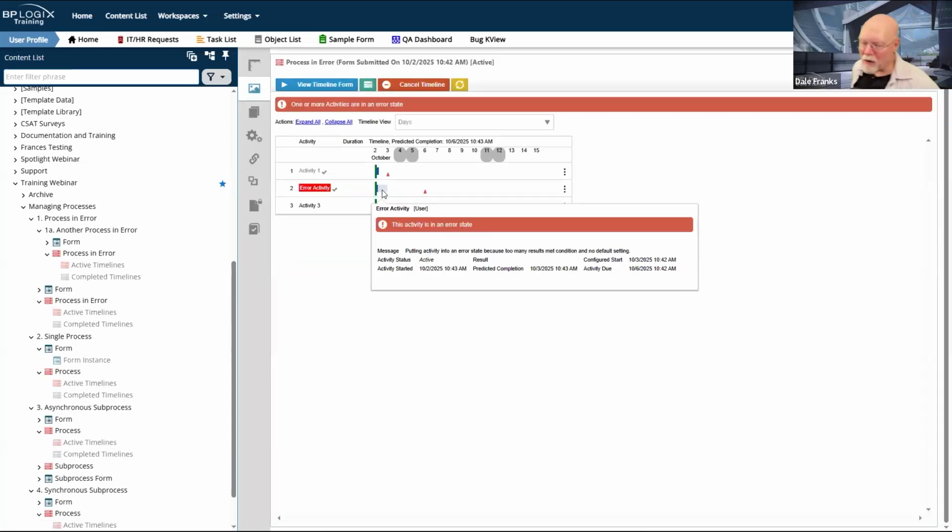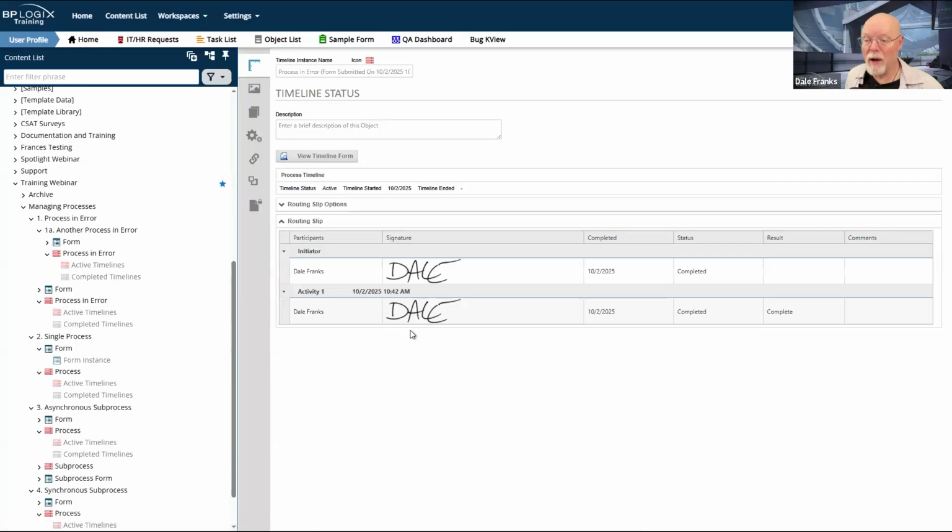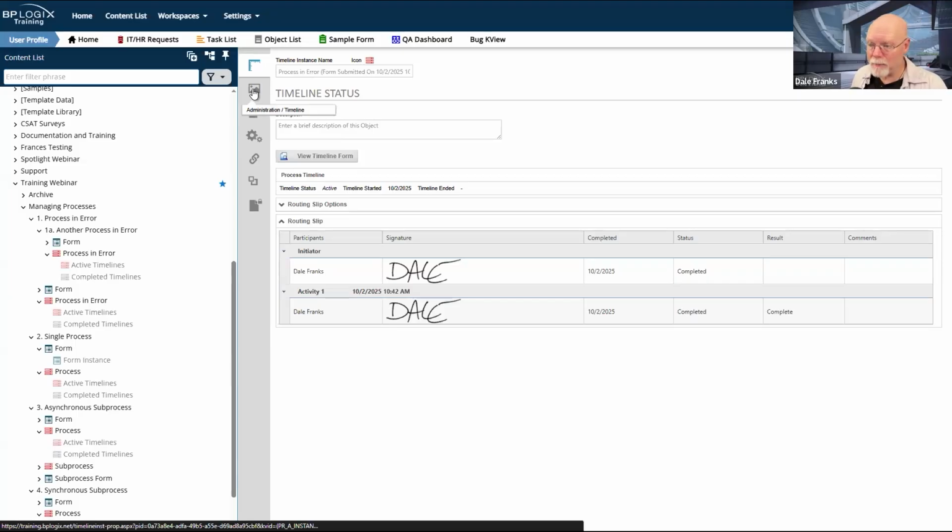Notice in the error activity pop-up here, the tooltip, there's no routing slip. In fact, if I go back over here, there's no error activity showing up here in the routing slip. What's happened? Well, I didn't assign a user.